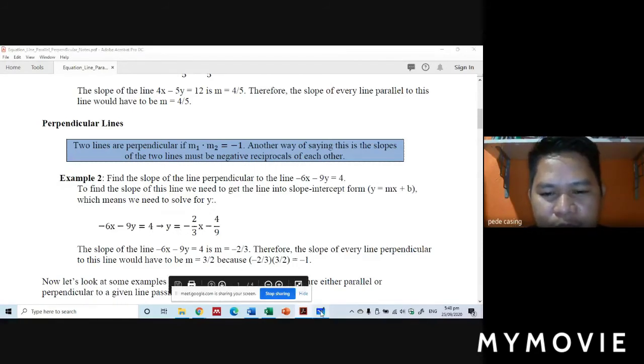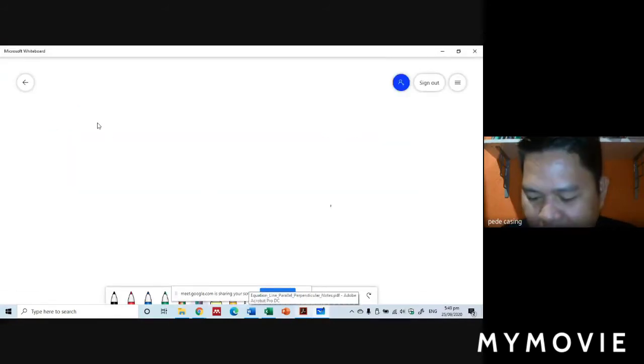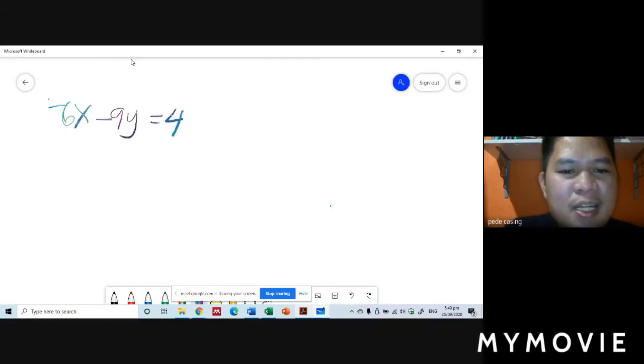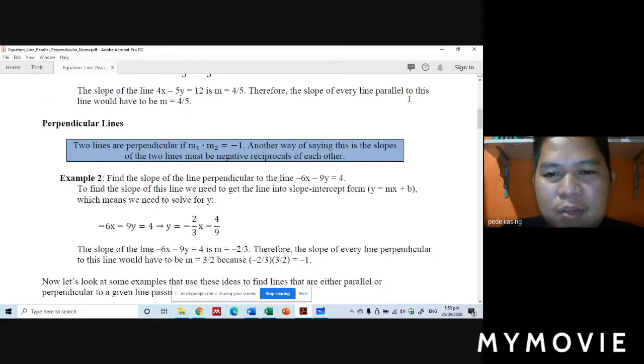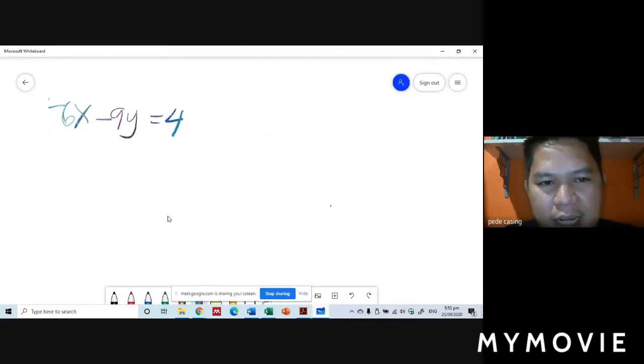So let's now have to solve this negative 6x minus 9y equals 4. So ato ang i-copy, negative 6x minus 9y equals 4. So again, negative 6x minus 9y equals 4. We are going to find the